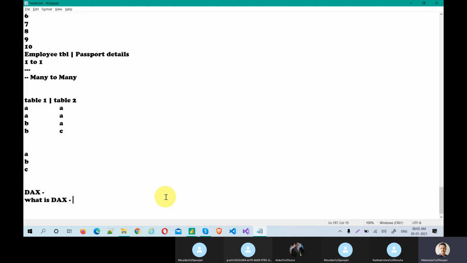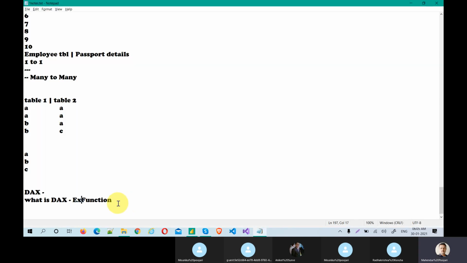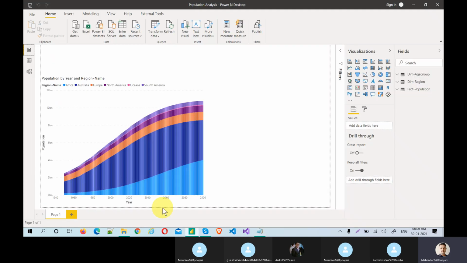As I told, it's function based. If you know Excel functions, that's it, nothing much. Don't make it a lot of complexity. It is just like Excel-like functions. Okay, that's it. Very simple, guys. Nothing to be worried. Even if you don't know how to write DAX functions today, anyway, I'm going to give the basics, but you can work. That's my promise to you throughout this DAX session.